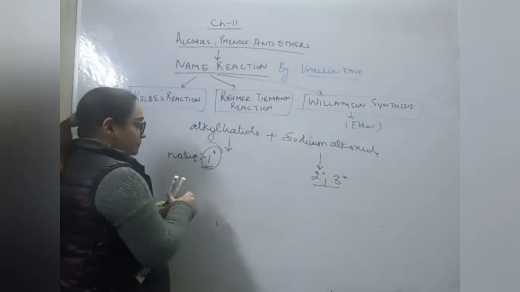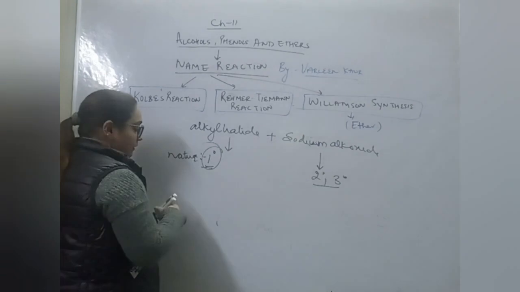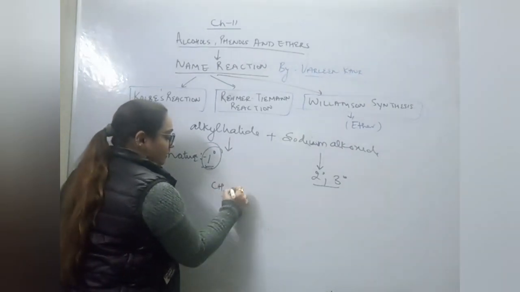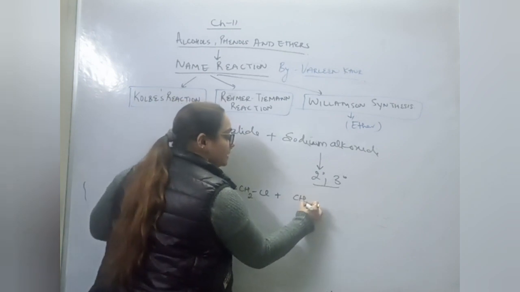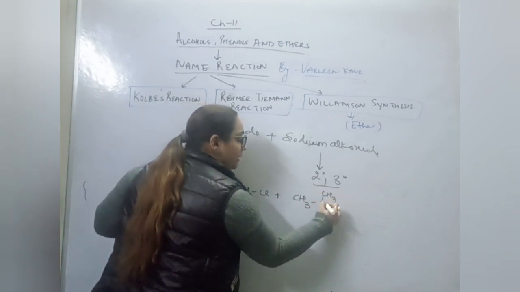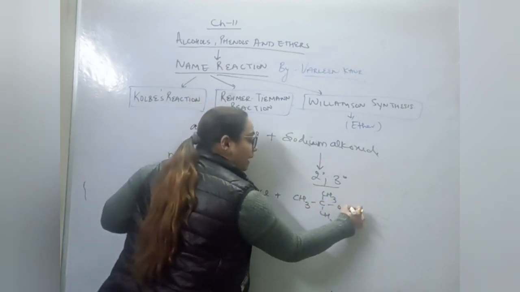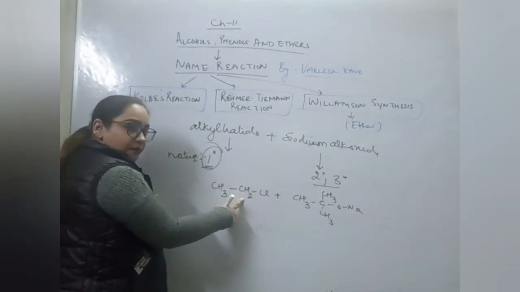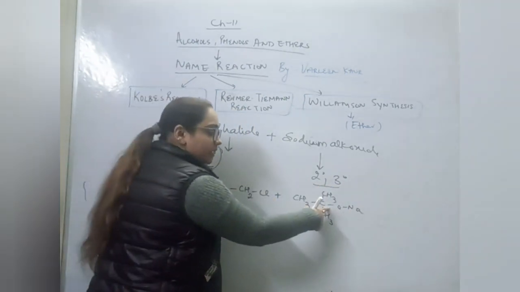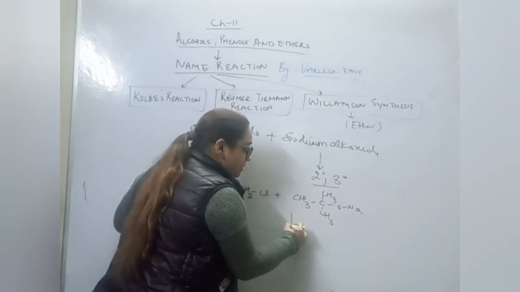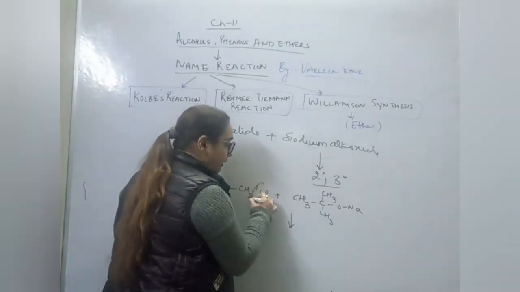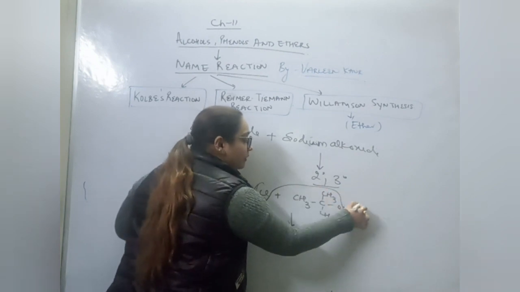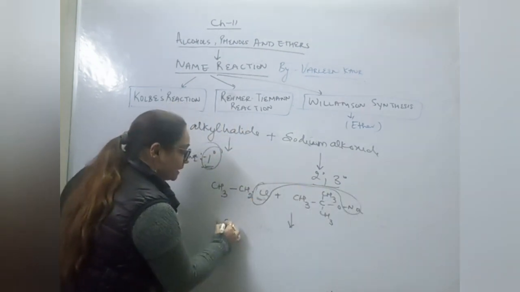How? Just see. We have the question CH3, CH2, Cl and CH3, CH3, CH3, ONa. What is the nature of this carbon? This is primary. And what is the nature of this carbon? This is tertiary. So Na will be removed like this and we will be getting